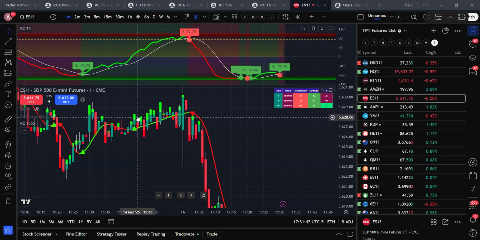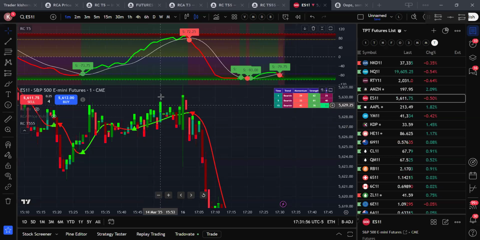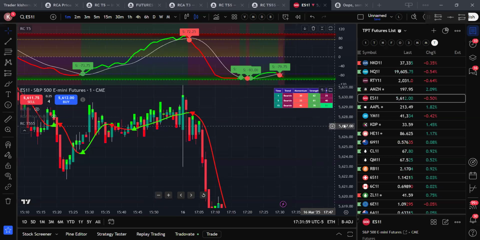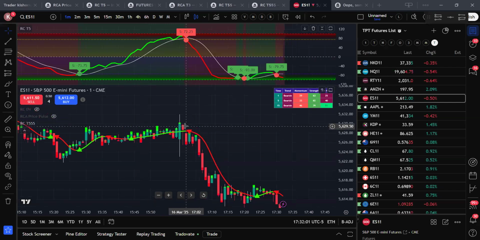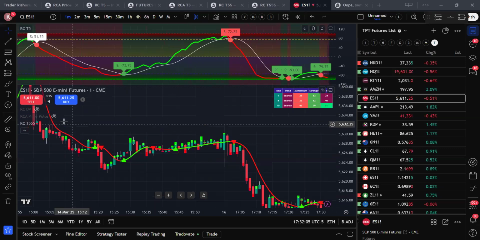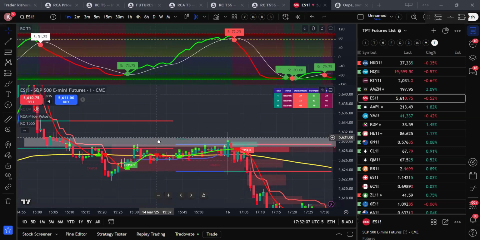Whenever a candle is forming and you don't see any green, the red is already mixed in this. So if you don't see any green, that means it is a pullback. Again, a candle is forming, you see it, you can go long. Again, drop. Again, long, drop, pullback. Like that, within the candle itself, you can see who has the control, whether buyers or sellers are having control. For example,